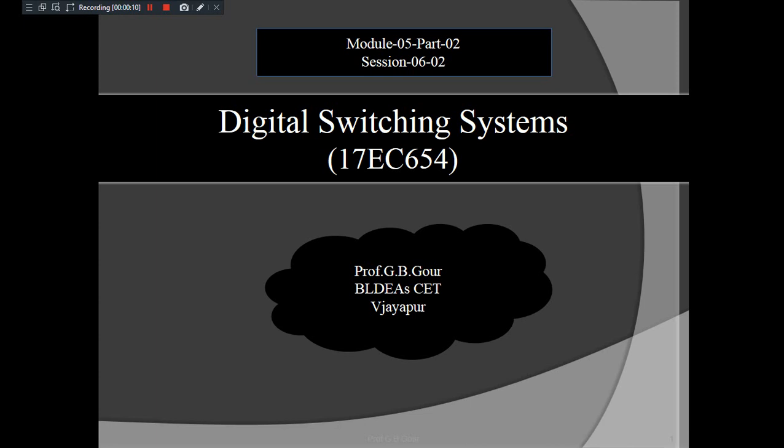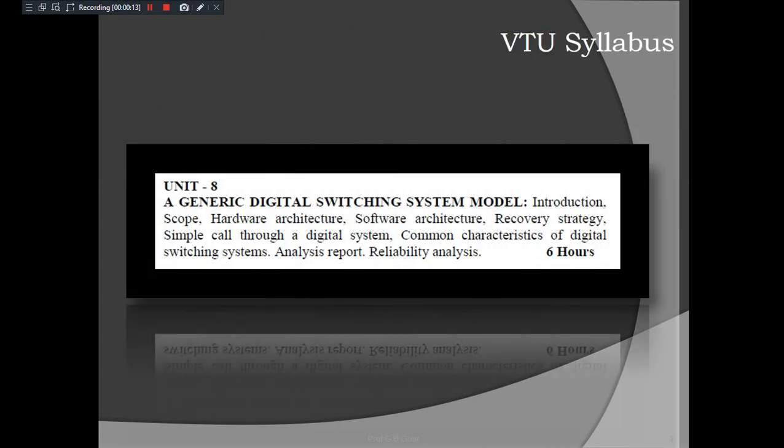Okay, so we'll see the syllabus here, what is there in part B. Actually it is an old syllabus I kept there. So part B of this module 5 is totally related to the generic DSS model here. So far we came across words like generic DSS software or hardware. We have also come across generic DSS software, and what we mean by that. In some of the previous parts we came across this.